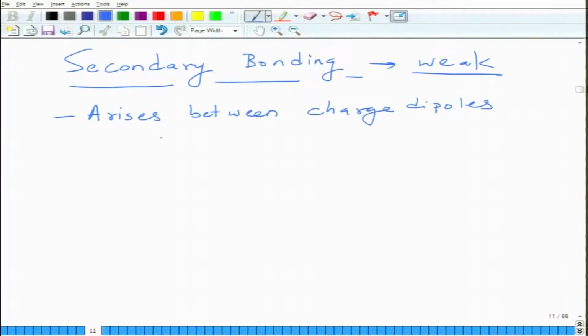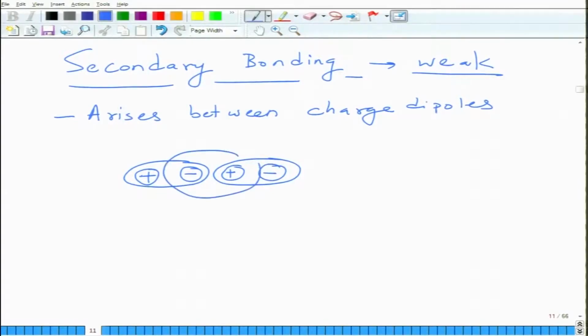For example, let us say you have a situation like this, where normally the center of negative and center of positive charges will coincide, but let us say you have a center of positive charge here and center of negative charge here, and similarly you have a neighbor which also has a similar configuration, center of positive charge here, center of negative charge here. These two attract each other,